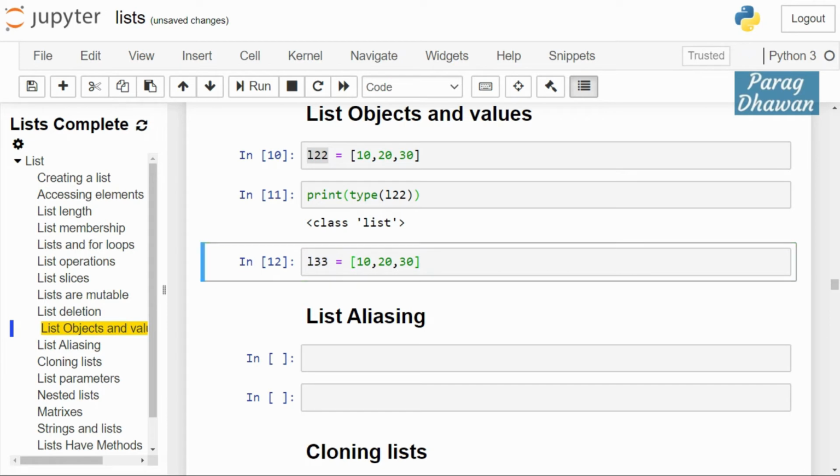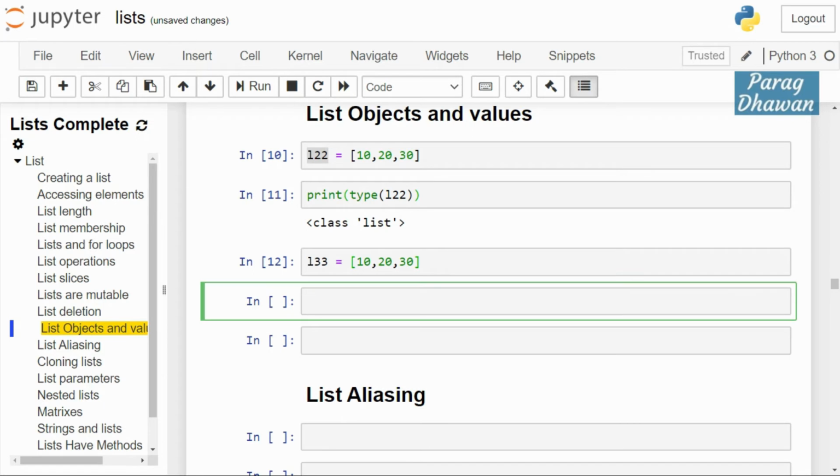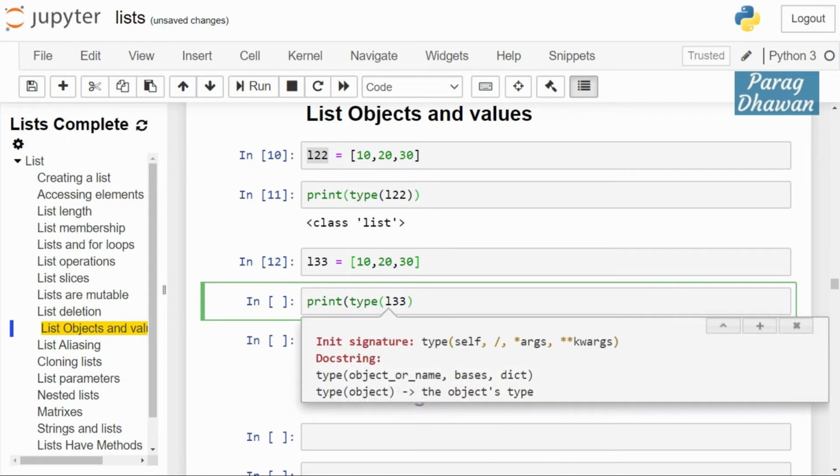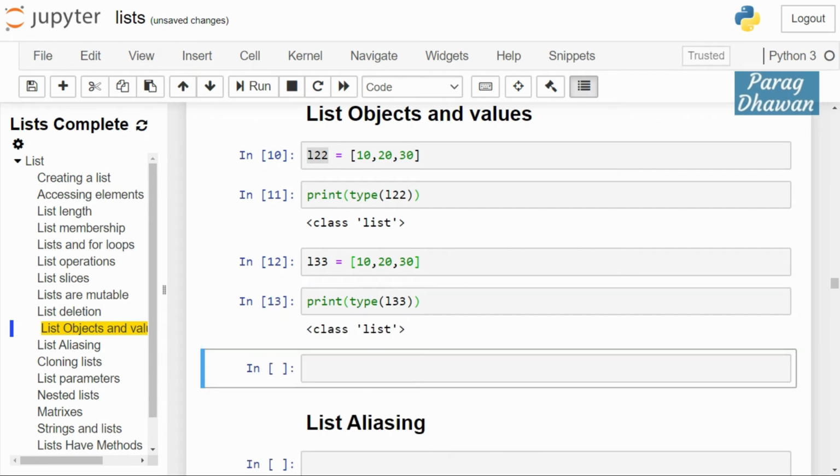Click on the cell, press escape B twice to insert two cells below. We print the type of L33. You will see at the output that variable L33 is an object of type class list.